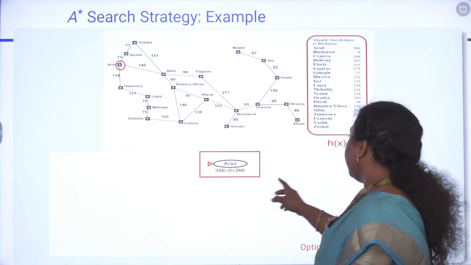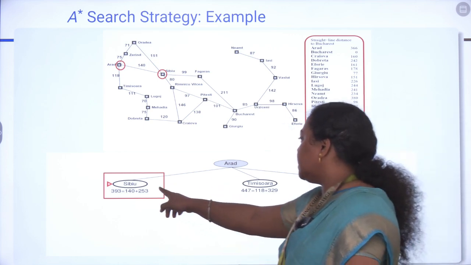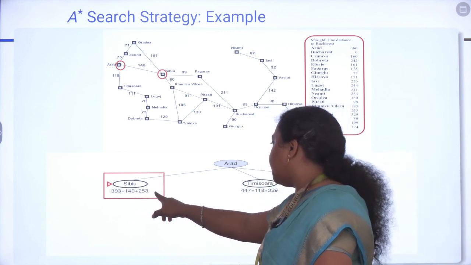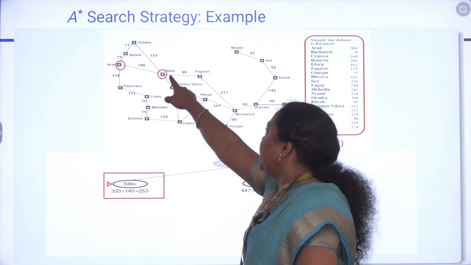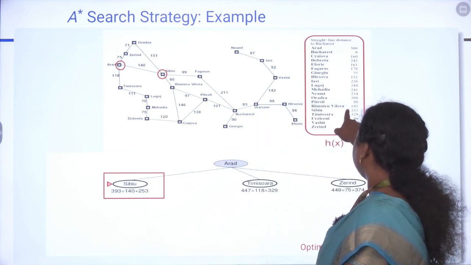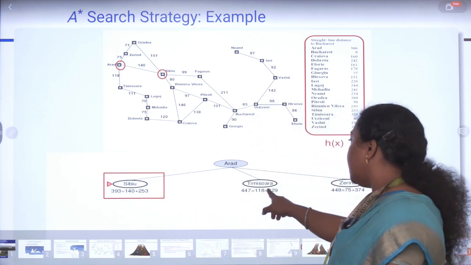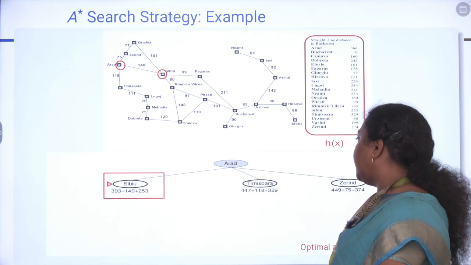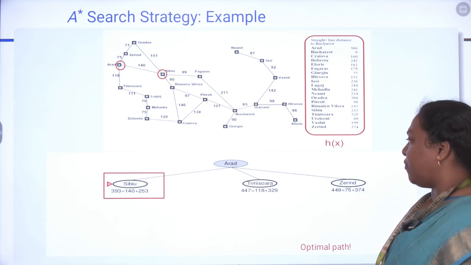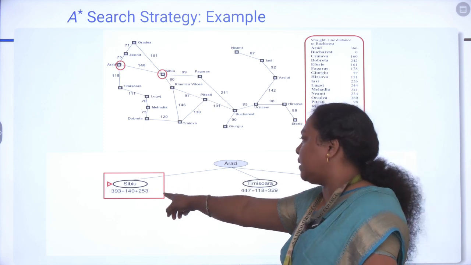So next, it expands to the successor nodes, Sibiu, Timisoara and Zerind, and you can see here it has been computed. Sibiu: the path taken to travel is 140, and the heuristic value of Sibiu is 253. So that put together, we get 393. Likewise, the computation has been done for Timisoara, which is 447. Zerind is 449. So compared to these 3, Sibiu is having the lowest value, so that node is being